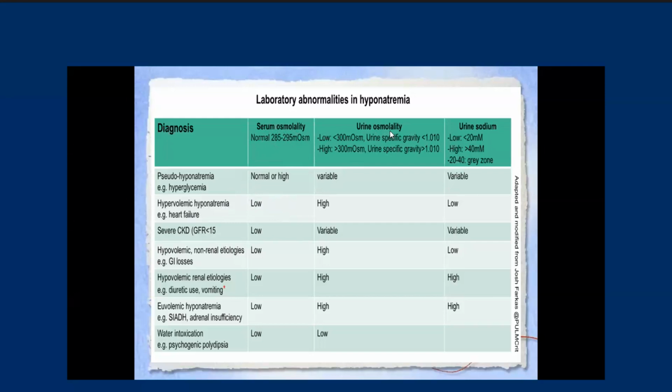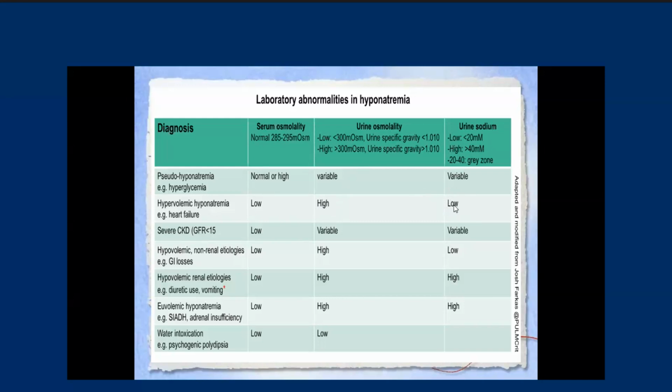Then the urine osmolality will be high because of the ADH activity. So there will be reabsorption of water, and there will be excretion of concentrated urine with solutes. So that will give us high urine osmolality. And the urine sodium, unless it is with patients with end-stage renal disease where there is